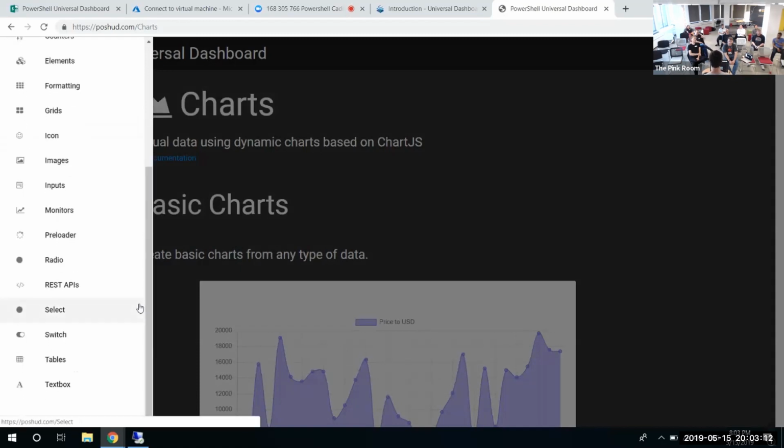You've got your monitors, which I use. Preloaders, if you have something that's going to take 5 minutes to run your PowerShell script, you can have preloaders, please wait, hamster wheel going. So you've got your tables, your text boxes, REST APIs as well. You'll produce REST APIs. You don't just have to consume the code. You can actually produce them,